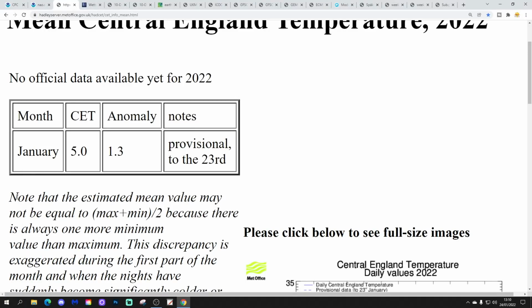January temperature is holding steady at 5.0. That is 1.3 degrees above the 1961-90 average, provisional to the 23rd of January. Well, in reality, we're probably already in the fours, because there will be a downwards correction, probably quite a largish downwards correction, I would have thought, this month, as it has been quite a frosty month. When you have frosty months, you do tend to get a large downwards correction. So in reality, we could be around 4.7, maybe a little bit under that, I'm not sure. But certainly I think in reality, once we take into account downwards corrections, we're probably under 5 degrees. So milder than average, but not excessively so.